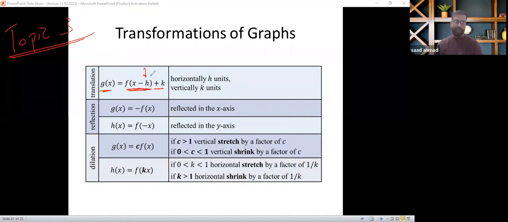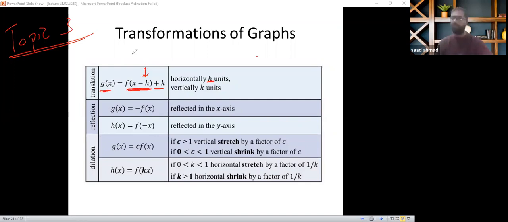This h here moves it horizontally. If h is, let's say, x minus 2, like f of x minus 2 plus something,